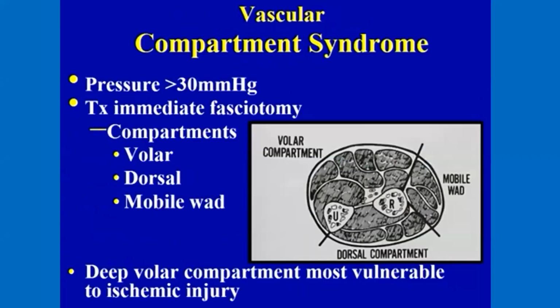Come to compartment syndrome, and we all know what compartment syndrome is. You know, in the forearm there are 3 compartments. In the hand, there is much argument: some say 9, some say 10, some say even more compartments. The compartments in the forearm are the volar compartment, the dorsal compartment, and medially you have the mobile wad. Okay? In these compartments you can have an increase in tissue pressure following crush injuries, and you have a closed